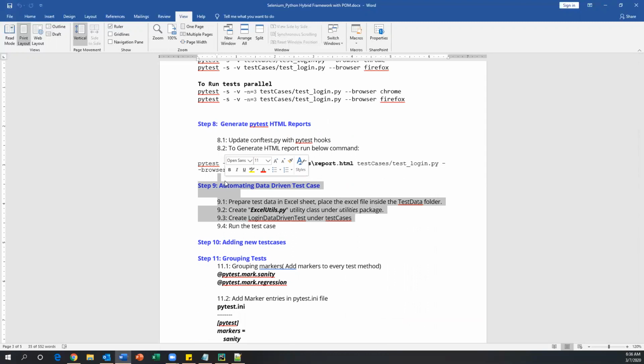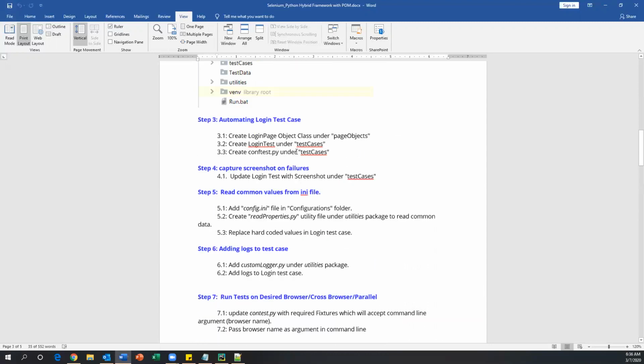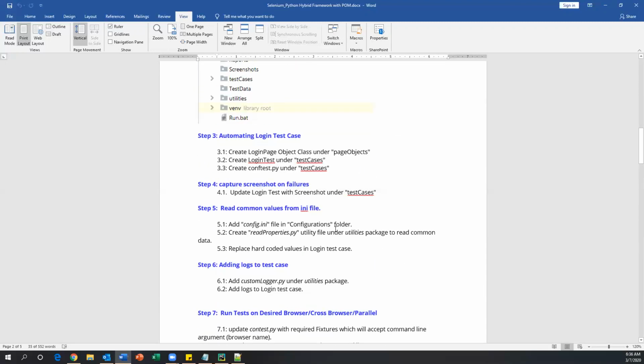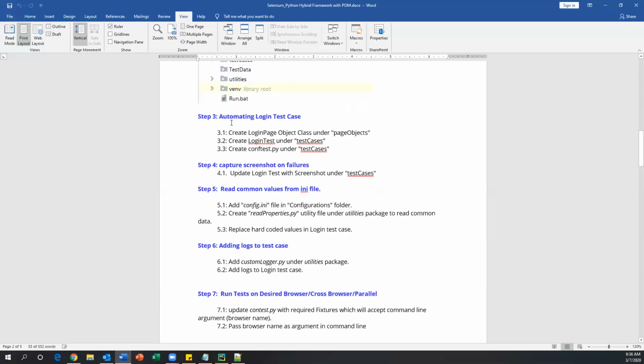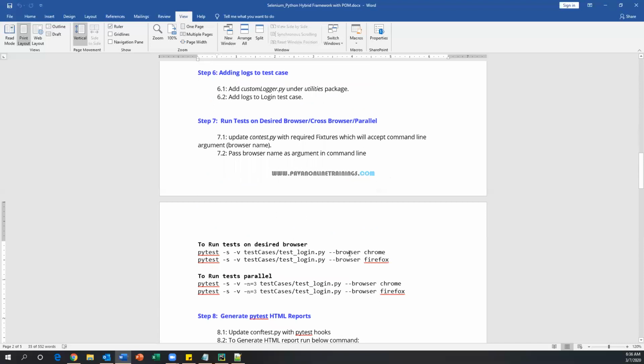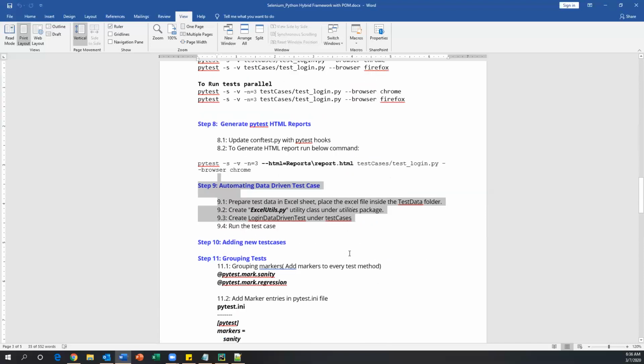So far, we have done all these things for one test case, and we already have all the reusable components now. So we need to just reuse them for every test case, right? So from the second test case, we no need to do all these things again and again. So we already done the framework, and on top of this existing framework, we can try to automate new test cases. So if you join in any company, if already there is some framework, you need to just automate the new test cases. You don't need to implement any framework from scratch. But if you don't have any framework, then you need to start from the beginning.